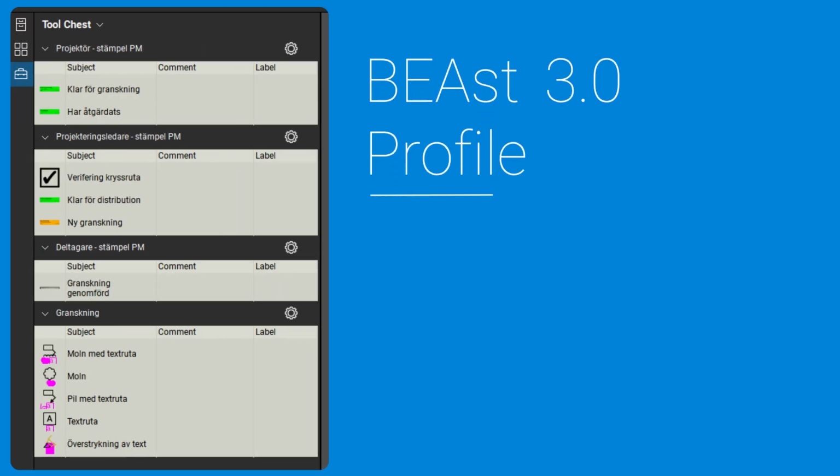Lastly, Swedish users and unpaid collaborators have access to the Nordic-compliant BEAST 3.0 review